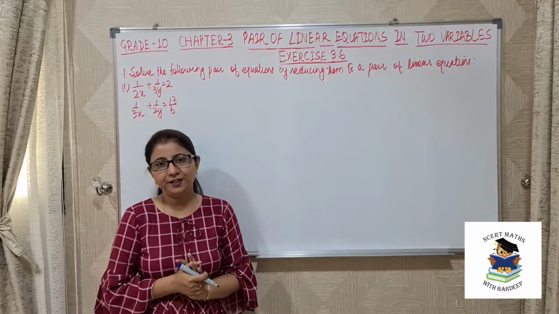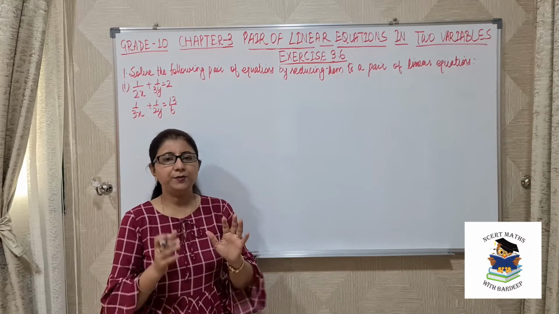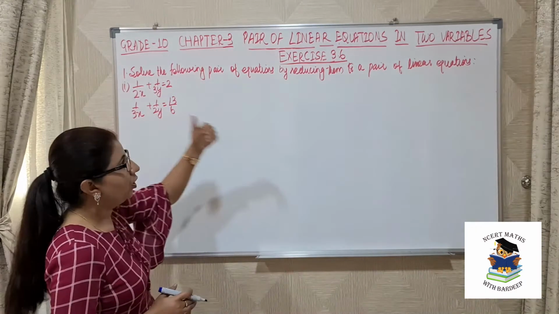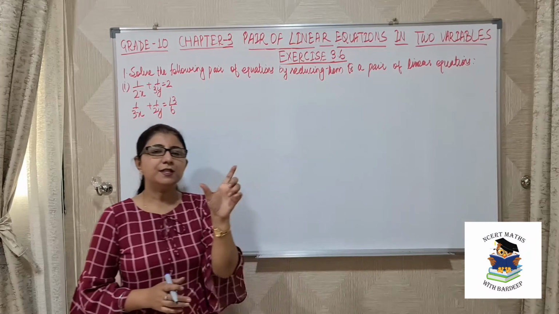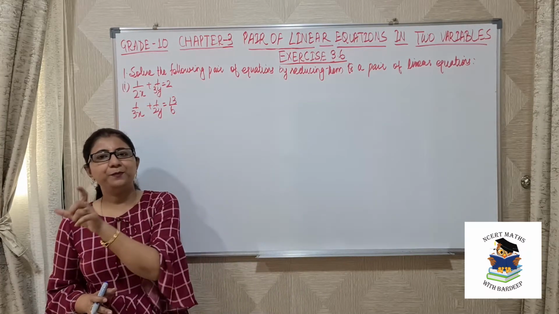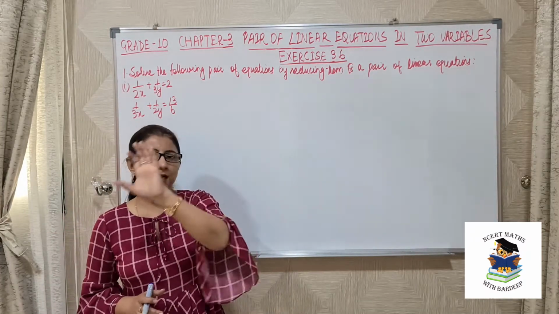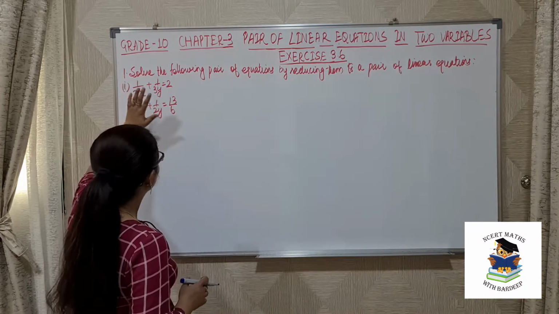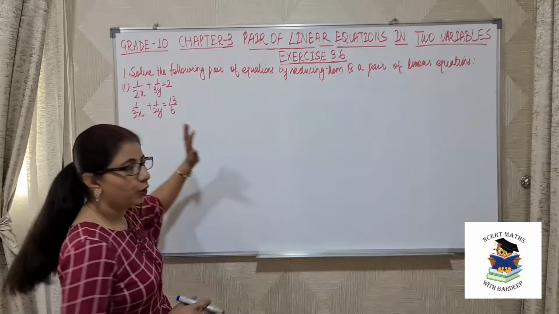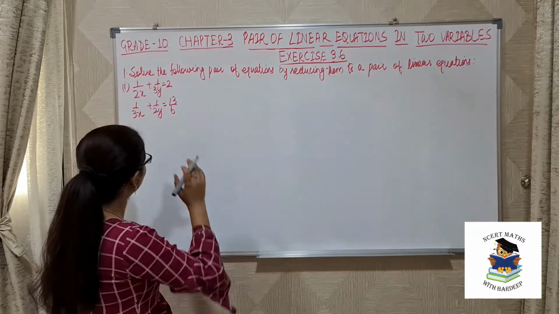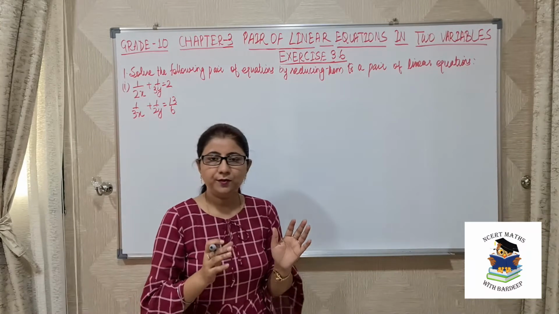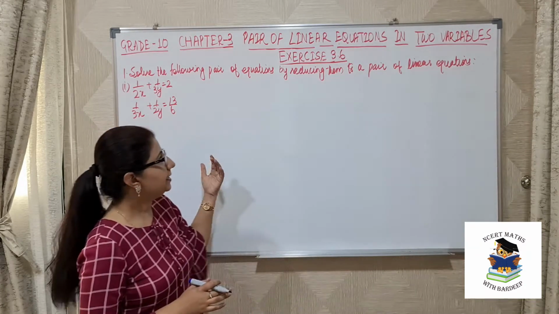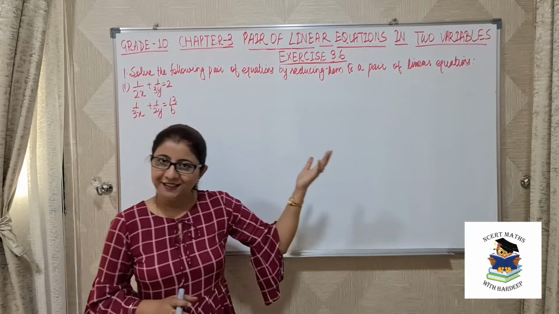So this topic is already discussed in introduction videos, that sometimes our variables are in denominator, but normal linear equations are of the form ax plus by plus c equals to 0. So variables are always in numerator. But in this case, when variables are in denominator, we will identify what are the common variables in both equations, and then we will replace them with some other variables so that these equations can be reduced to our linear